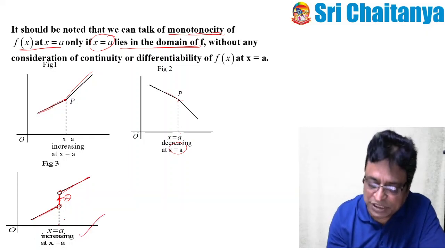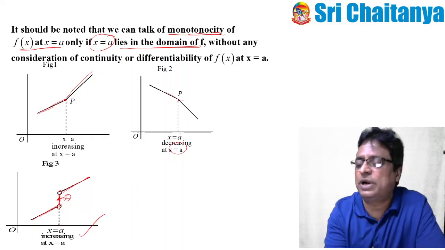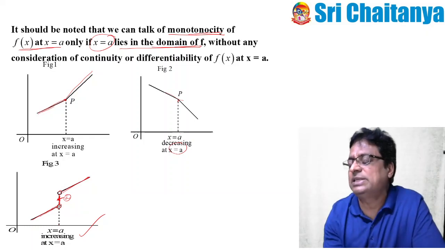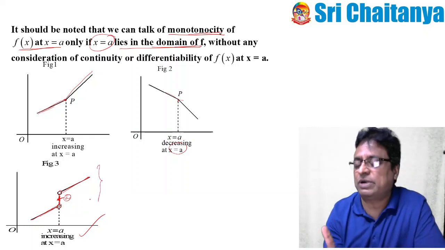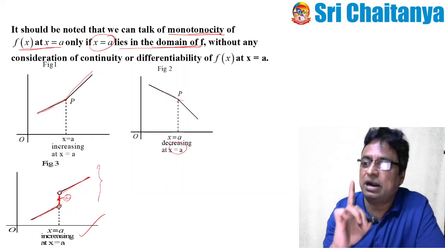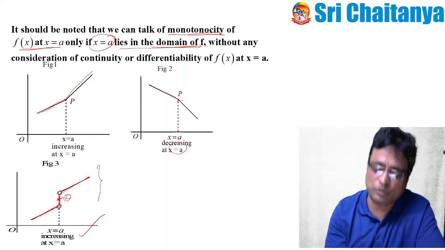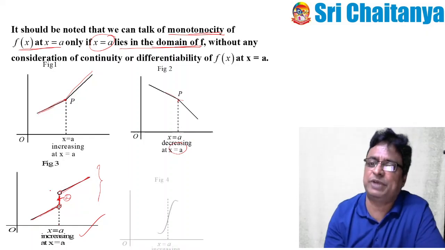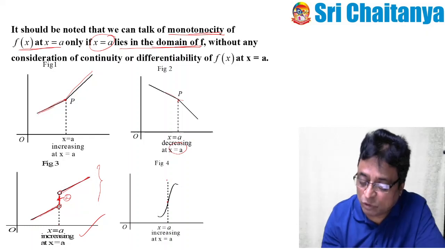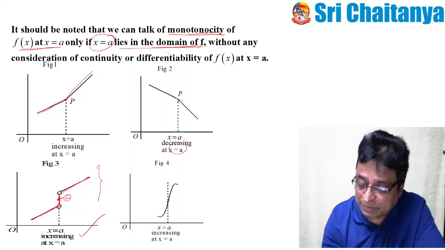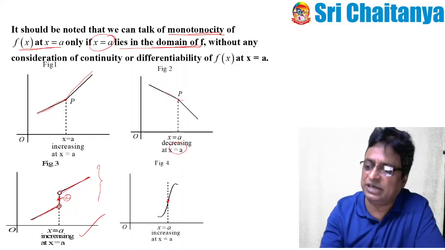So what is the beauty in this particular example? The point is in the domain, and at that point the function is not continuous and simultaneously not differentiable. Based on this information, questions were asked in one of the JEE IIT examinations on this particular concept. So in that aspect, this is very, very useful for you. Now coming to here, even at this point the function is not differentiable. Why? Because I can explain: this point is called a point of inflection, which you will learn in the next sessions.